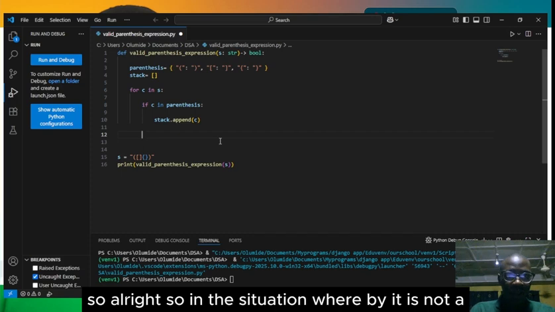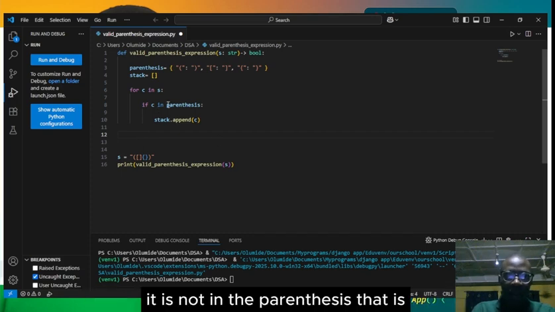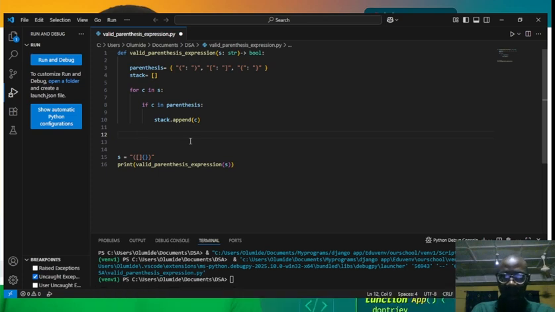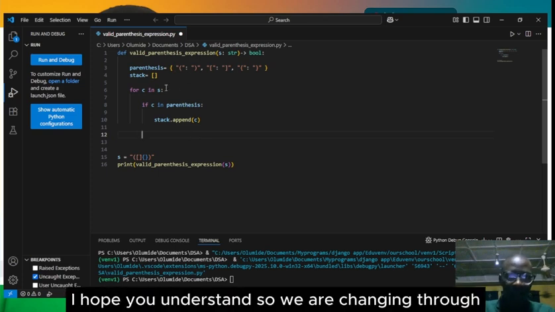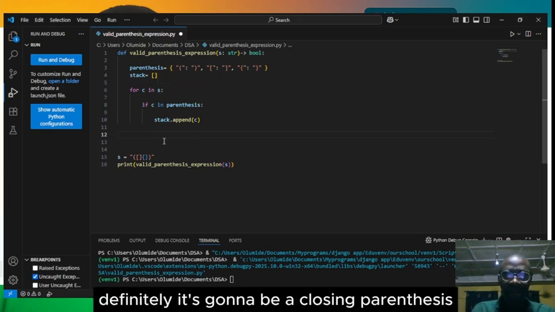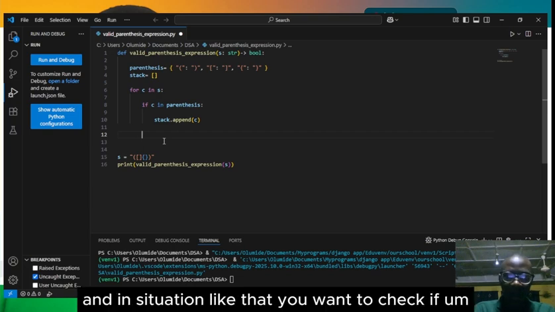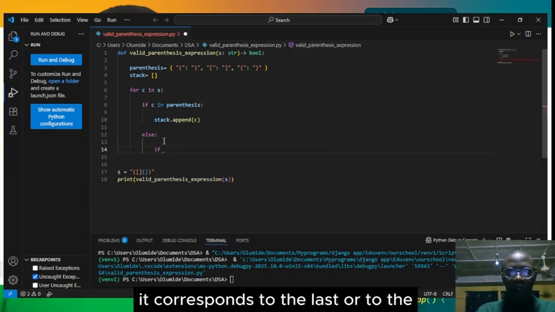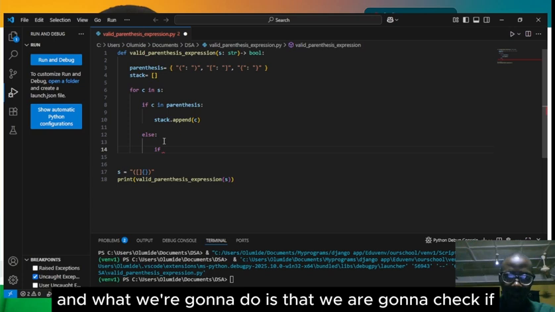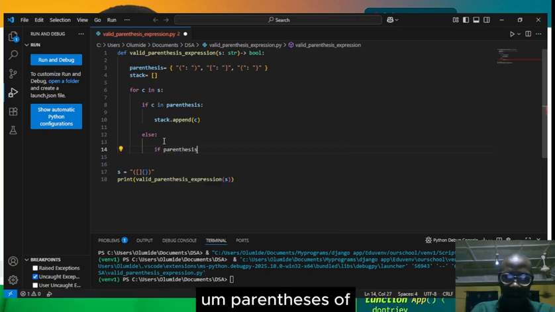So alright, in a situation whereby it is not in the parenthesis, that is, it is not a key in this parenthesis hash map, definitely it is going to be a closing parenthesis. I hope you understand. So we are iterating through our string of parentheses now. If it is not an opening parenthesis, definitely it's going to be a closing parenthesis. And in a situation like that, we want to check if it corresponds to the last or to the top of the stack. So what we're gonna do is check if parentheses of